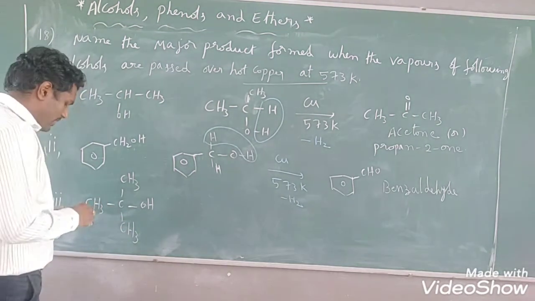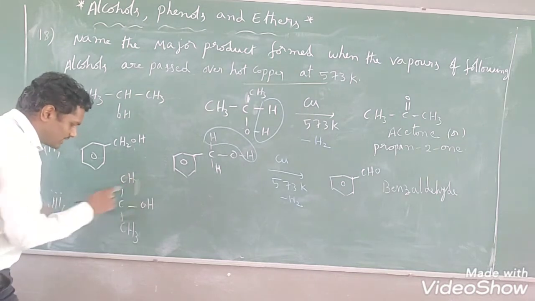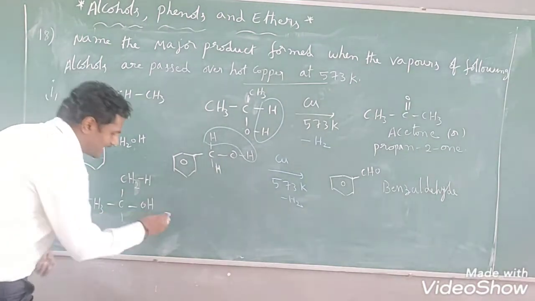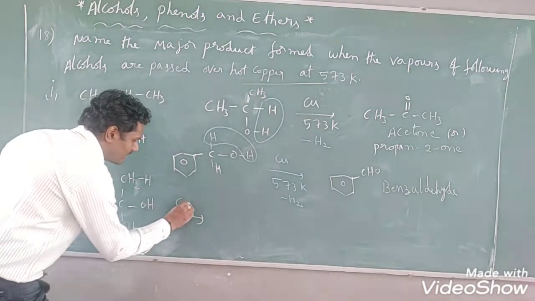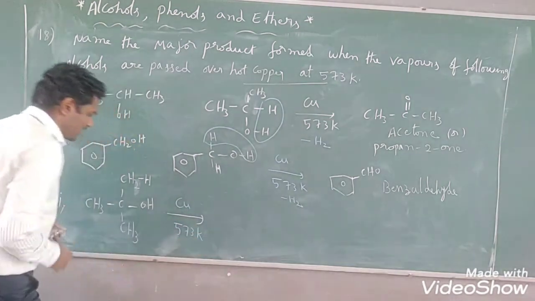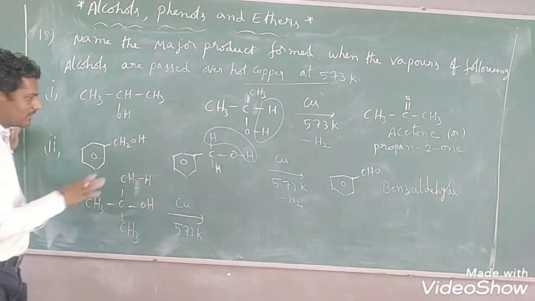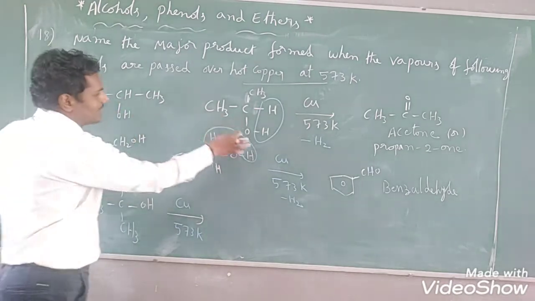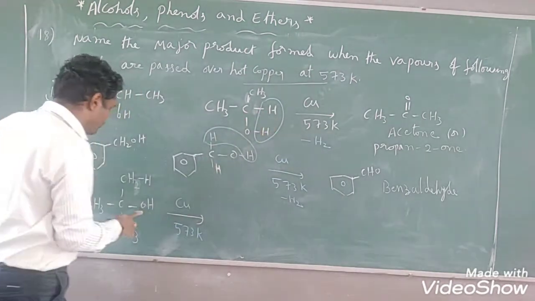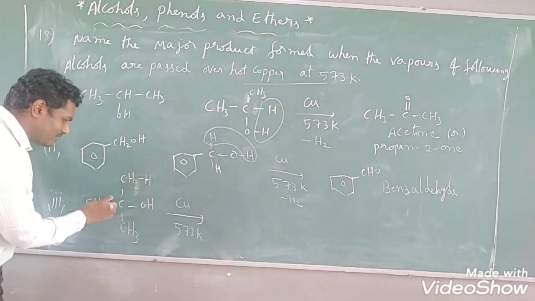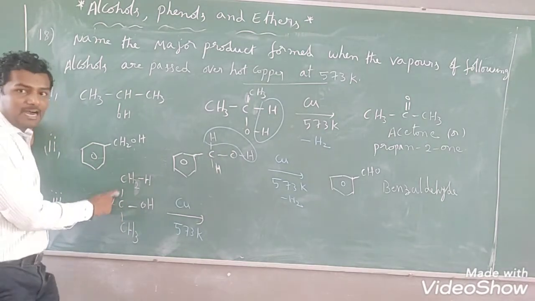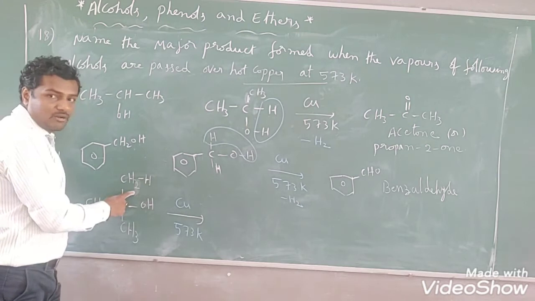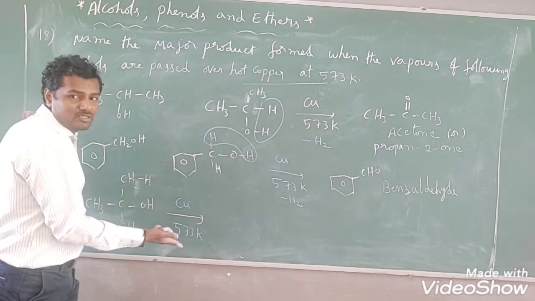Here, in the third question, one of the CH3 groups can also be written like this, CH2H. Whenever you use the reagent copper at 573 Kelvin, removal of a water molecule takes place. Why is it so? Here the OH-attached carbon has hydrogens. Here also the OH-attached carbon has one hydrogen, and that hydrogen is removed. Here the OH-attached carbon does not have any hydrogens. So because of the absence of alpha carbon hydrogen, this tertiary alcohol will undergo dehydration instead of dehydrogenation.